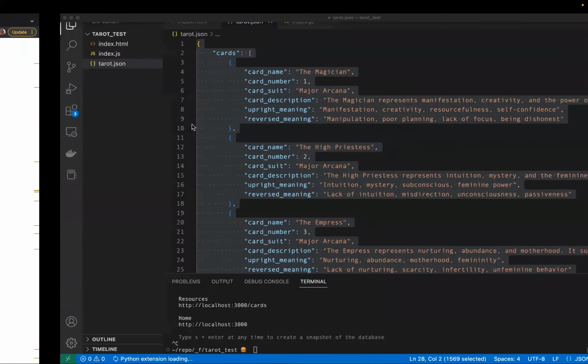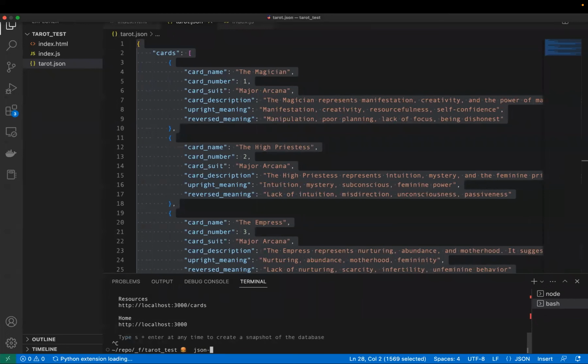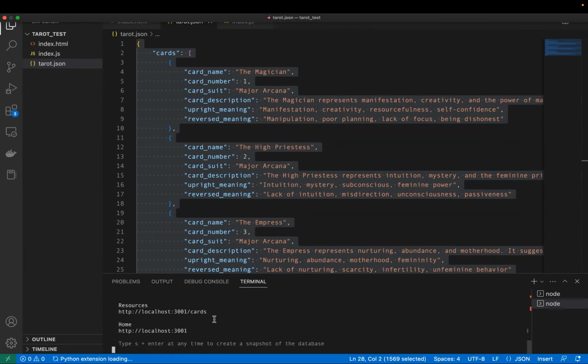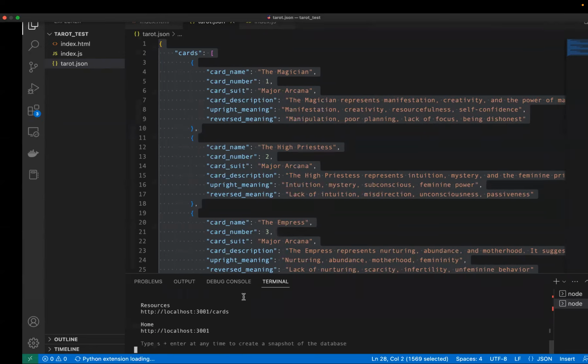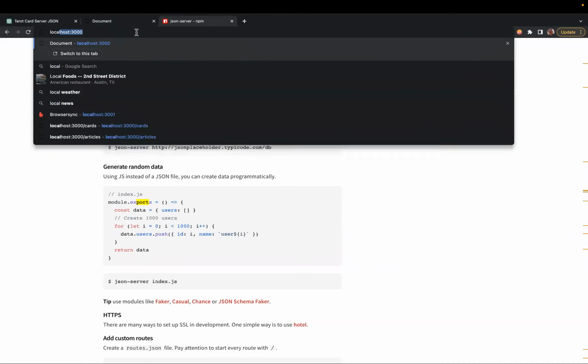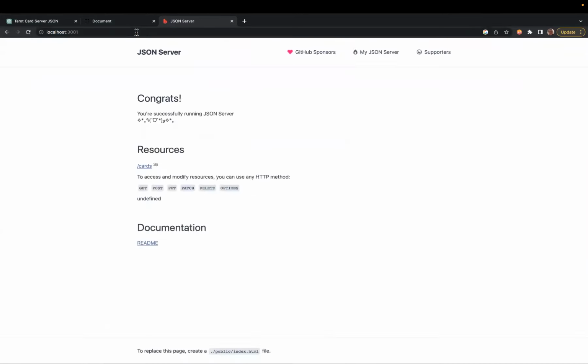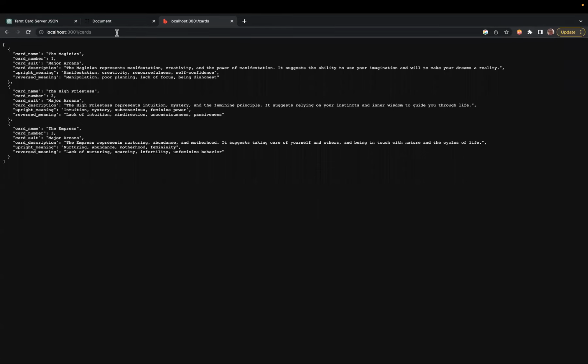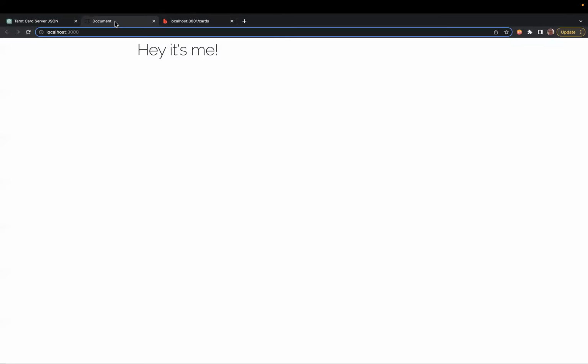So you can do JSON server dash dash port 3001 and look at our cards. Awesome. So now our web server and our JSON server are running on two different ports to avoid confusion. 3001, there's our data. Great. So 3001 is our data. 3000 is our HTML. Now let's write some